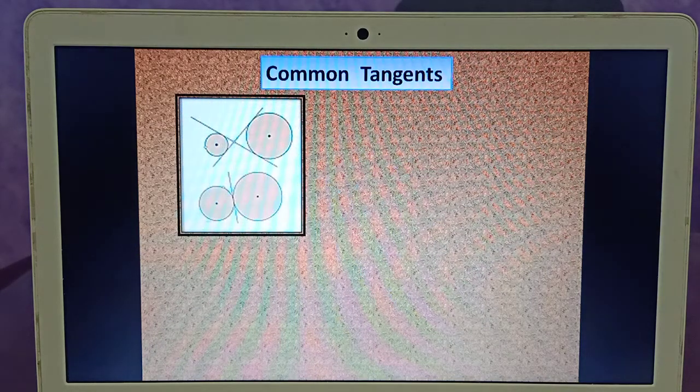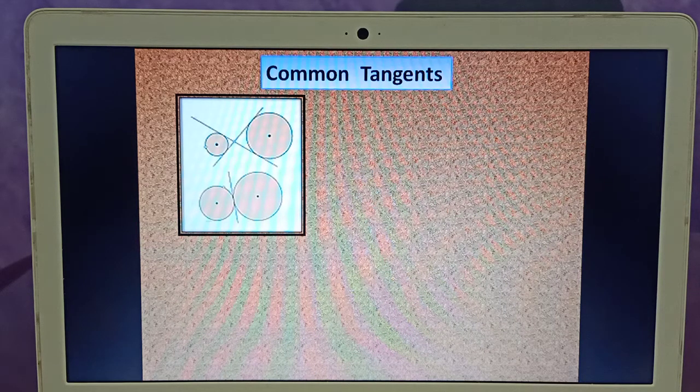Okay, next. In this video, we are going to learn common tangents. Okay, common tangents. Okay. So, when you have two circles, may it be same size or different size, you can